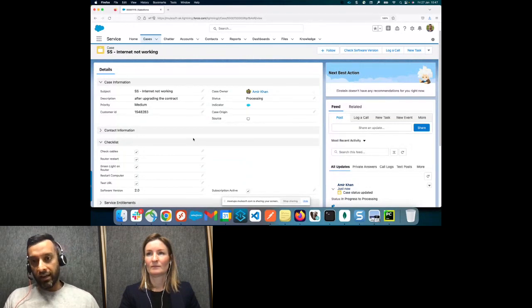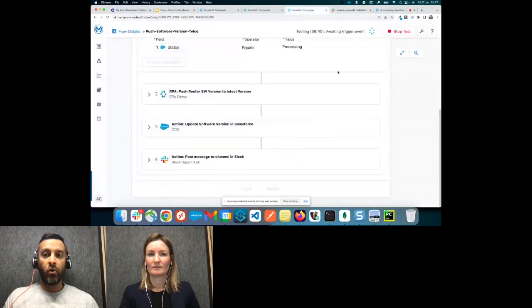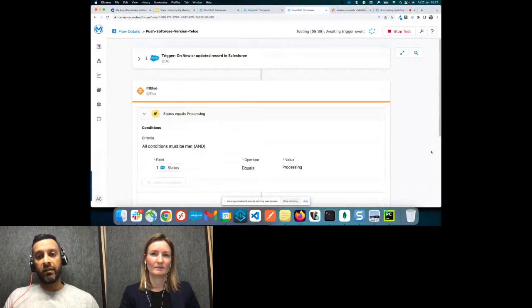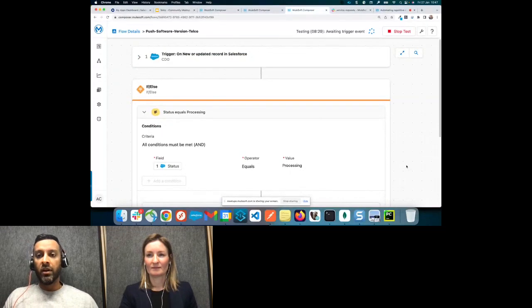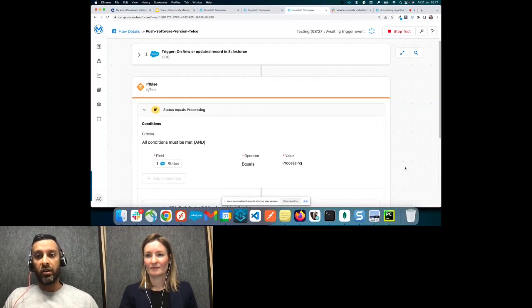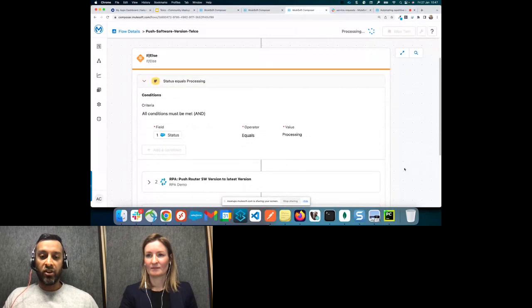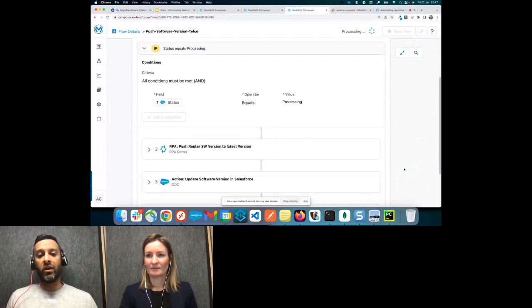So now technically, again, you can see Einstein recommendation is gone. The service cloud case is on processing. And again, Composer is listening. It is listening for the case to be updated and just get those cases out. We have a simple filter here. You can define a complex filter if you want. Get the case information and filter it, and just process these cases which are really requiring the update on the